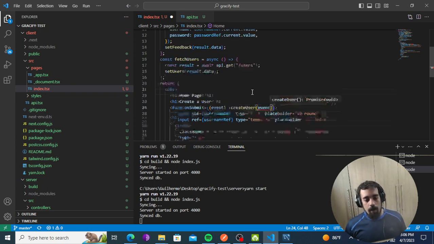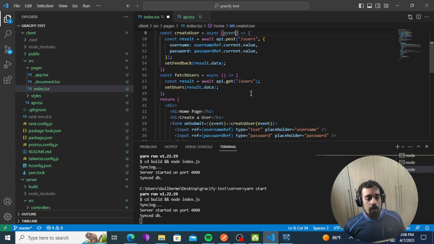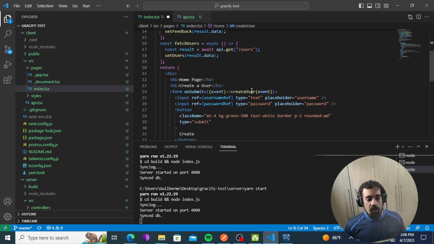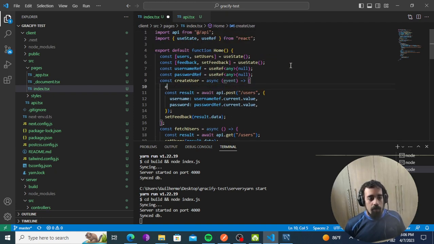You see? And then you should have the parameter defined here. But this is exactly the same if you just remove it and just leave it like this. It will still have the event parameter, right? So the event parameter is the default for the forms, where you can call